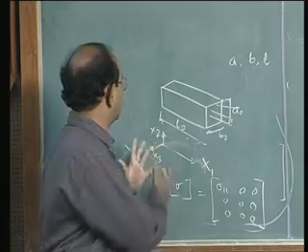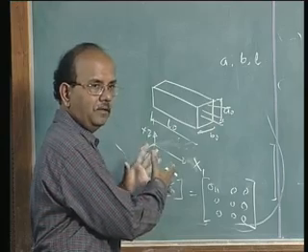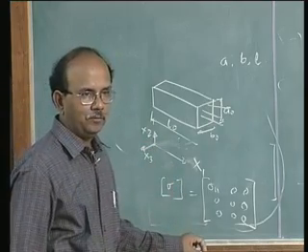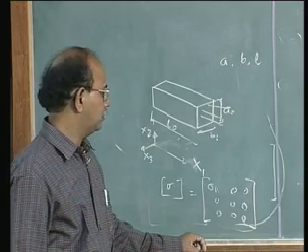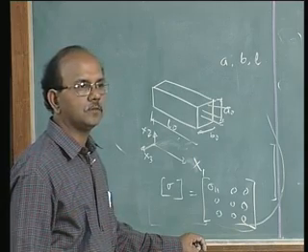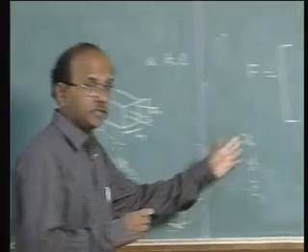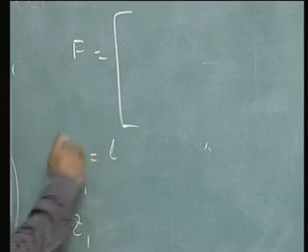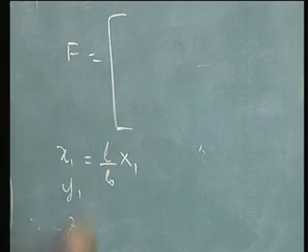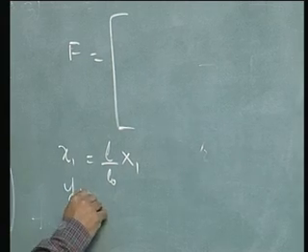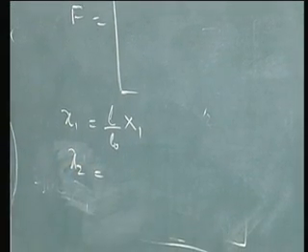I've just given x1, x2, x3. Choose an origin and try to write down x1, y1 and z1. So first x1, write down. So L by L naught, same as what you said, L by L naught into capital X1, and x2 is A. So A by A naught into capital X2